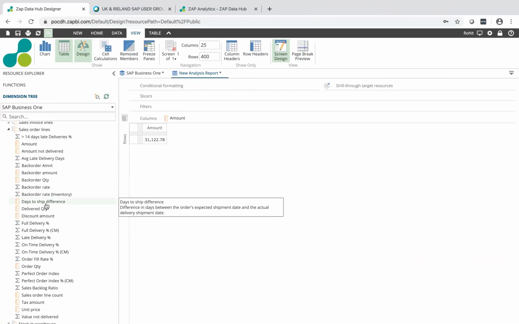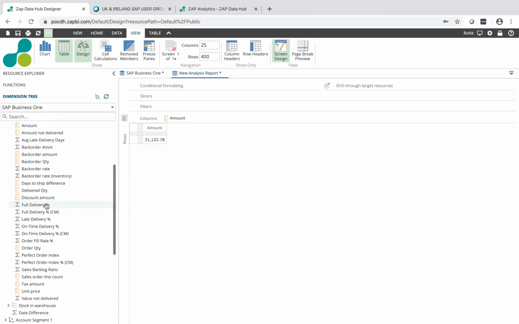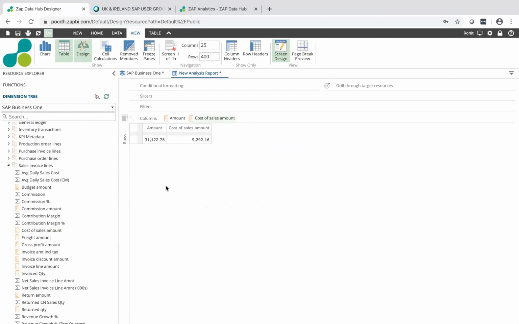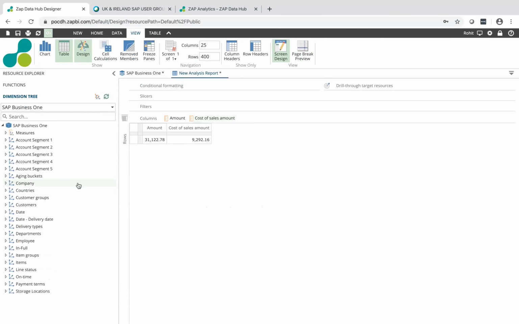I take cost of sales. That should be my sales invoice. Cost of sales. And I refresh it. And as a dimension, I want to do it, let's say, by company. If I open it up, it'll show me a hierarchy in the company as I've got two companies. Basic demo data from SAP Business One, as you know.